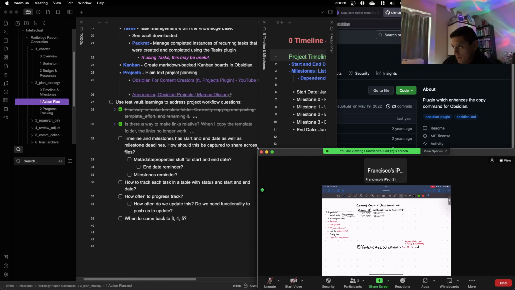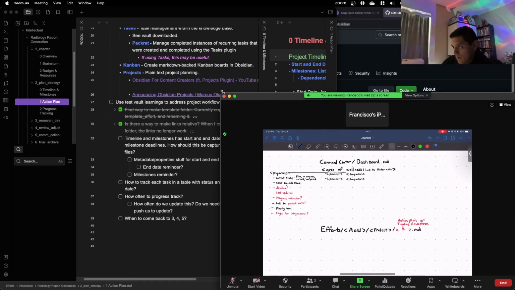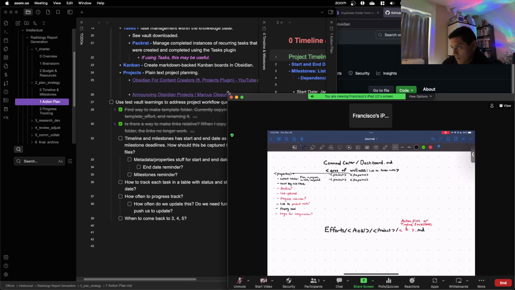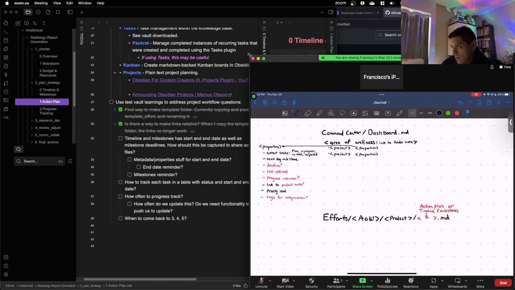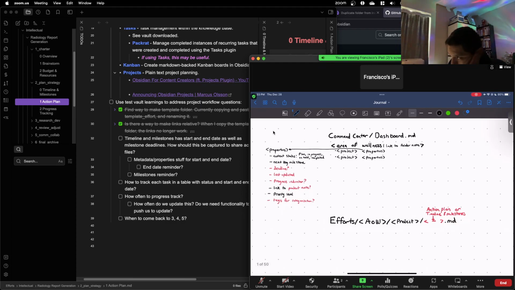And so our dashboard has areas, has projects for each area. Each project has certain properties.